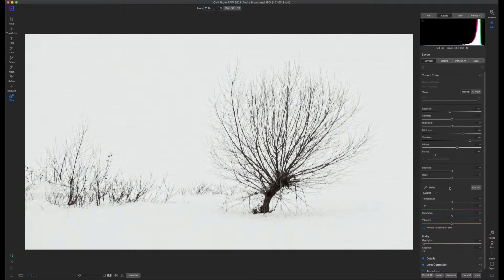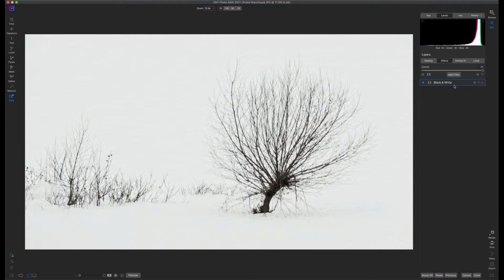Where I think we develop a good sense of how this photo can be used is in the effects tab, and that's with this black and white filter. I'll turn it off, and you see there's still this blue color cast. And we're even peaking over here in our whites a little bit, or there was something red there. Nonetheless, you turn on the black and white filter, and it really brings this image to life. Now,